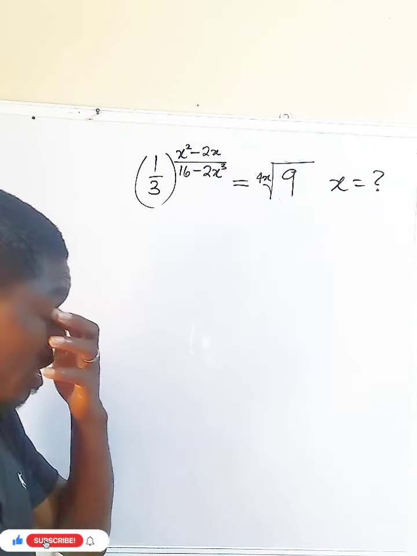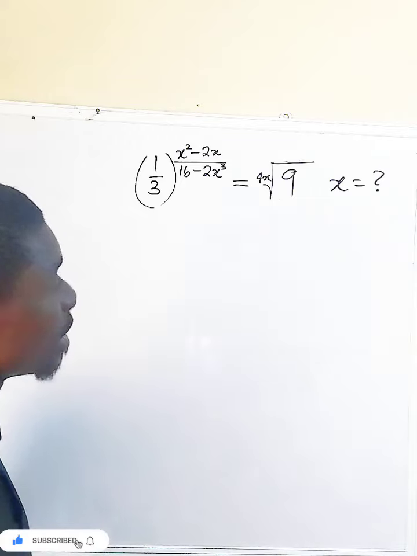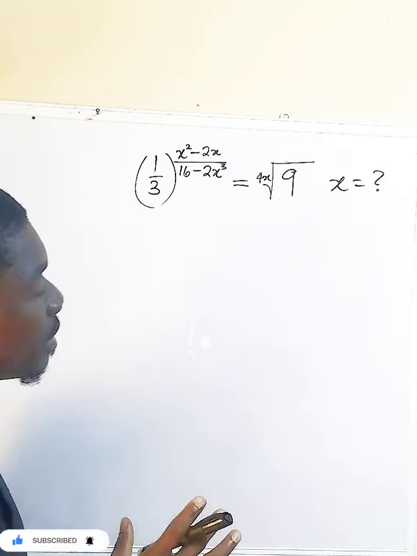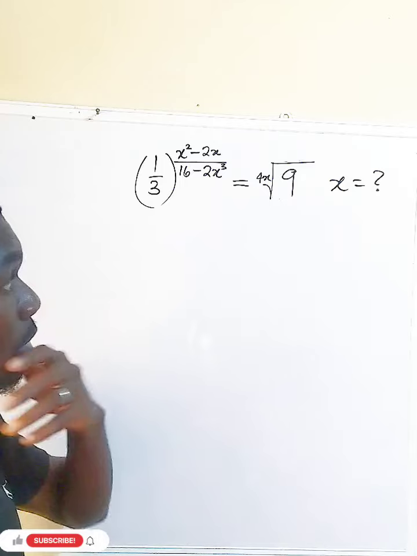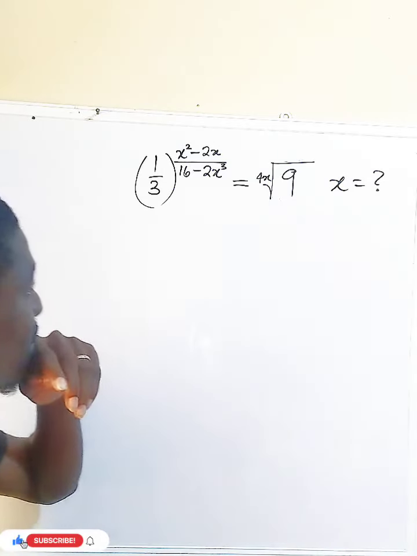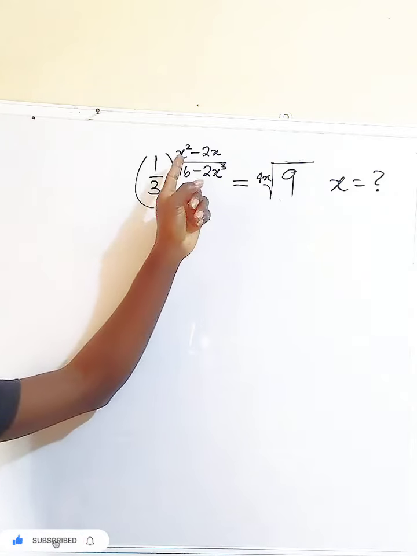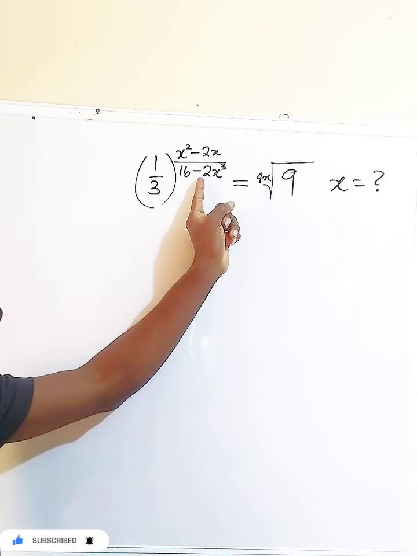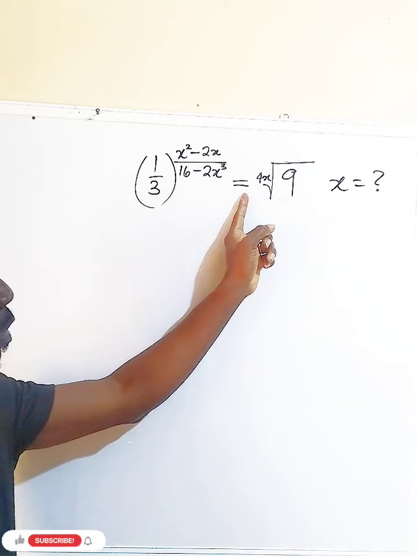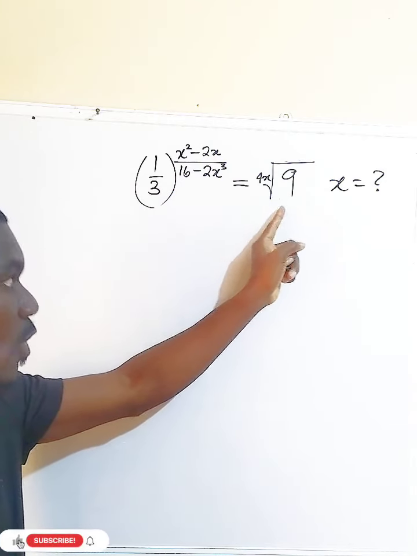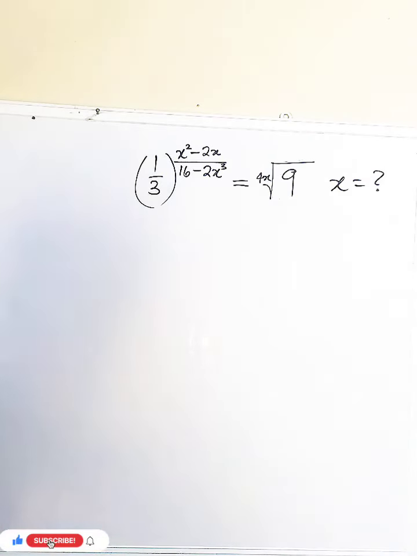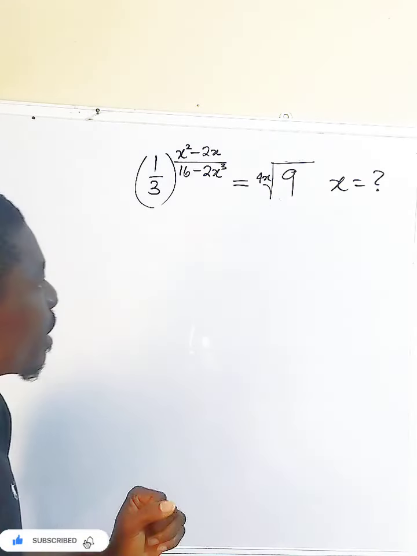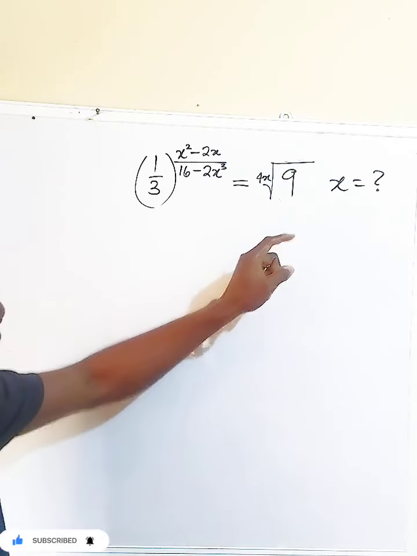Now, let us look at this exponential equation here. It actually looks scary, but applying the basic mathematics rules, we get the value of x. Here we have (1/3) all raised to the power of (3x² − 2x)/(16 − 2x)³, then equals the 4x-th root of 9. Alright, so first things first, since we have 3 here, let's see a way